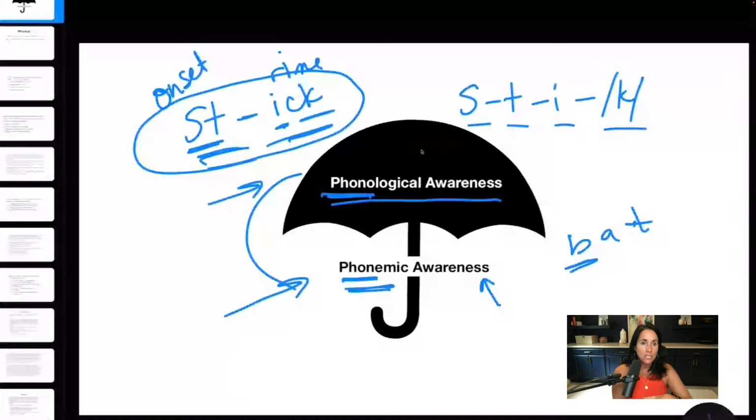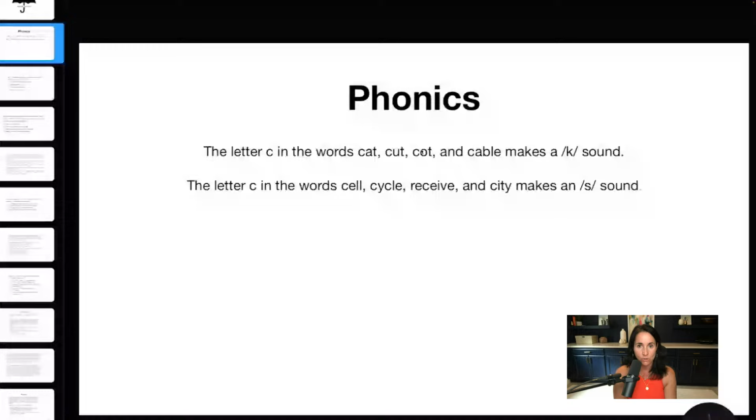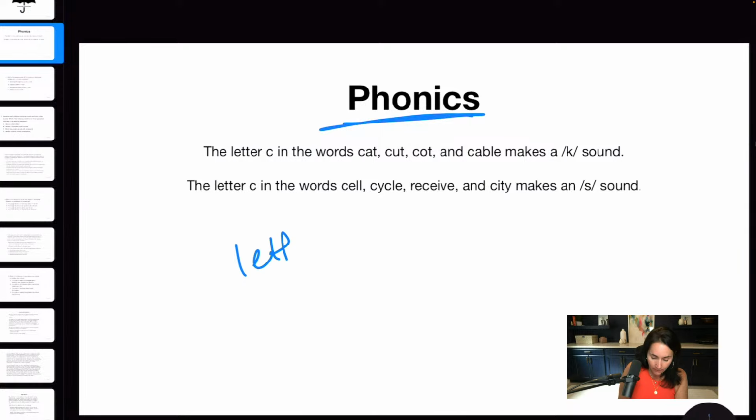We do not teach these just by reading words. We have to teach phonological awareness, phonemic awareness explicitly. Then we move on to phonics, which is a systematic way of doing instruction, starting with the lower level skills, phonemic awareness, phonological awareness, and moving into phonics. Okay. Now, phonics is what we call letter sound